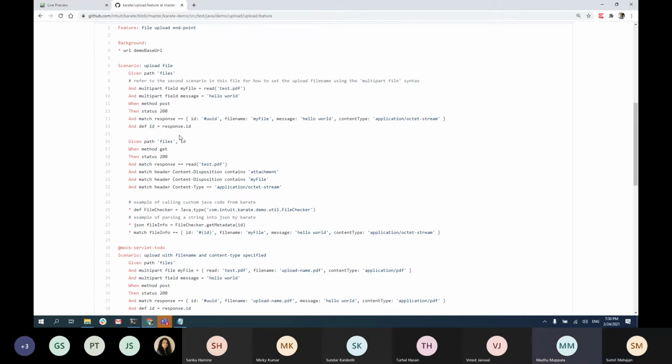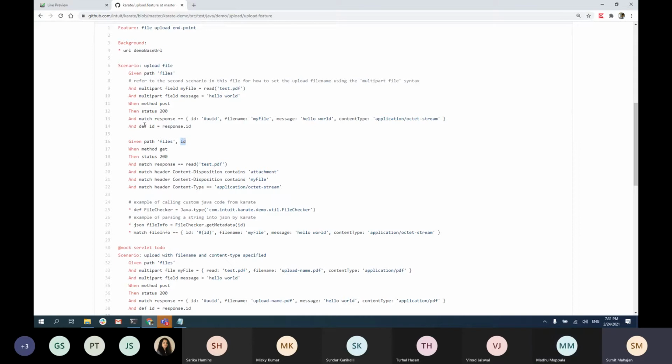Okay, if I have a use case, like sometimes I need to change that ID. Usually when it is a post, sometimes it will not allow the same ID, right? If I want to change it or append it to some other value, should I be able to do that? Yes. So what you will do is, instead of using def, you will use set. And you will say set ID is equal to response.id, or change that ID to completely any new value that you want. And then you can use that ID here.